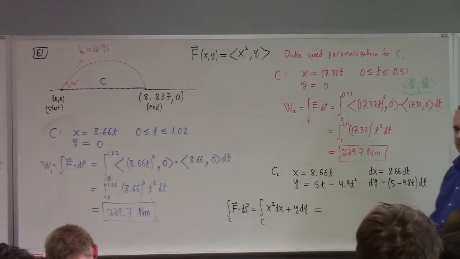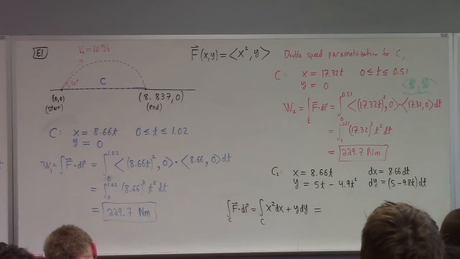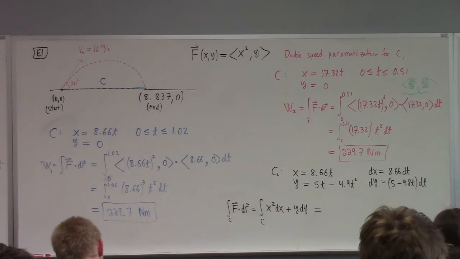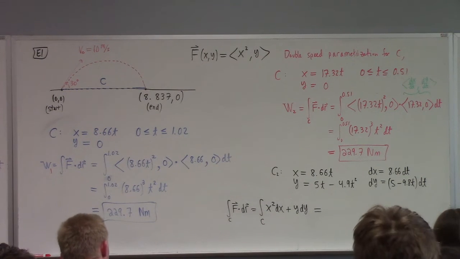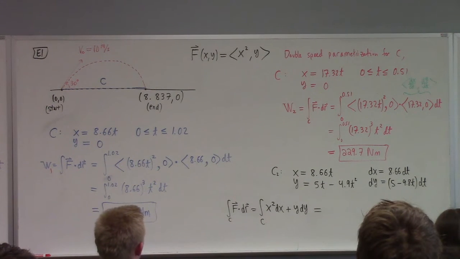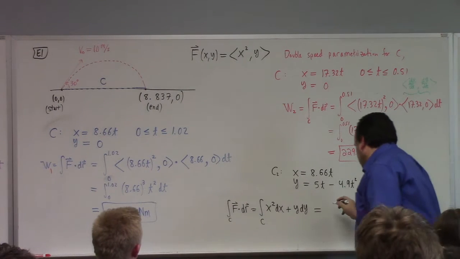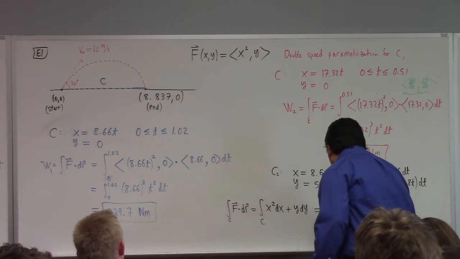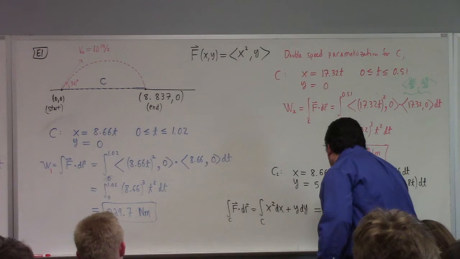x squared dx plus y dy. And then what you do is you just plug in what dx is, you plug in what dy is, and you replace x and y with what they should be according to the parameterization of the curve you're calculating the work over. So this one, integral from 0 to 1.02, because by the way,